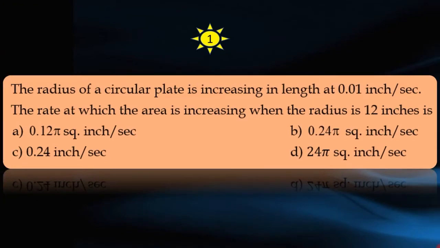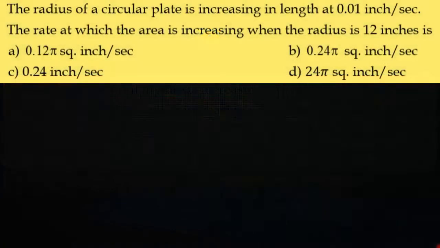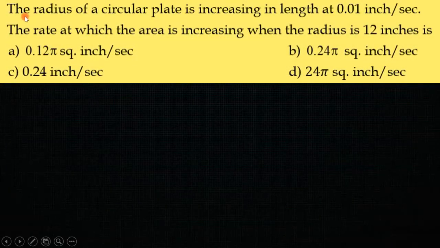Question number 1. Read the question and write it. The question is, the radius of a circular plate is increasing in length at 0.01 inches per second. The rate at which the area is increasing when the radius is 12 inches is, options are